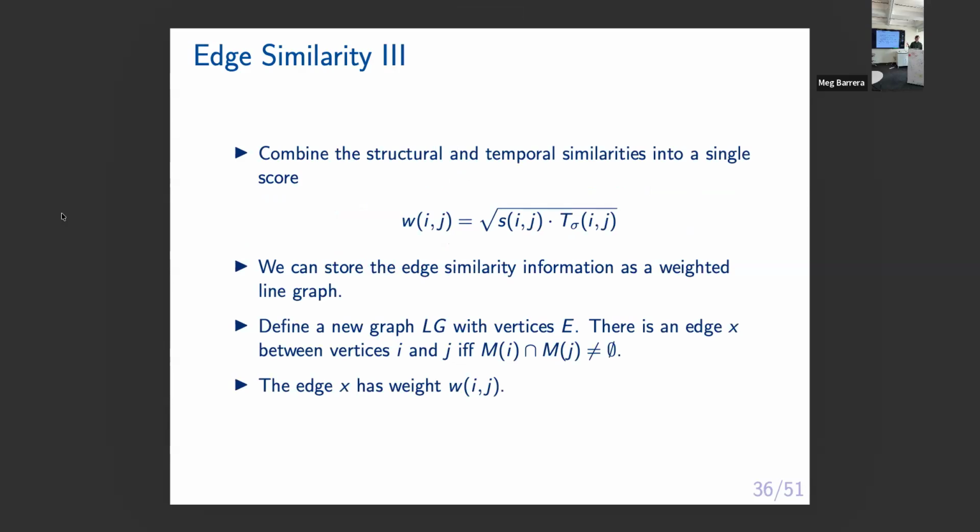And finally, we want to get one edge weight for the line graph, so we want to combine these in some nice way, so that if either of them is zero, then the whole score is zero. And if both of them are maximally similar, we still want it to be maximally similar. So we'll just take the square root of the product. And yeah, if they don't overlap at all, or they are far apart in time, the similarity will be zero, which we can tune to make the line graph extremely sparse, as sparse as we need for the algorithm to run fast enough on the computer.